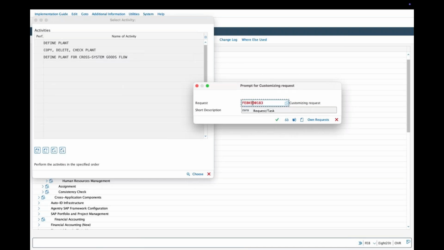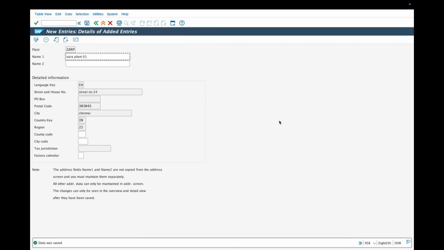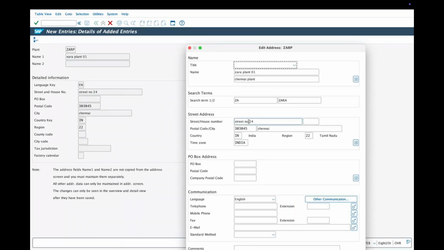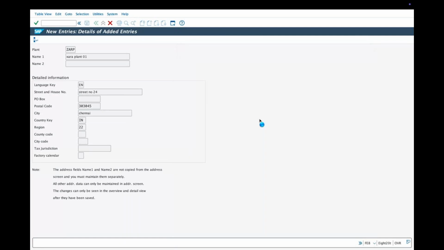So what I said the other day: one-time creation of the request. Every time you customize, it will pop up with your request and you say continue. The request pop-up is like an acknowledgement of where it is going and being saved. Continue, done. So you can see the details given are updating on the main screen over here. What you have given in the internal screen will update over here. Whenever you want to change, you can change. Mistakenly I gave 24, my street number is 25. I click on it and save it, and it gets updated here.